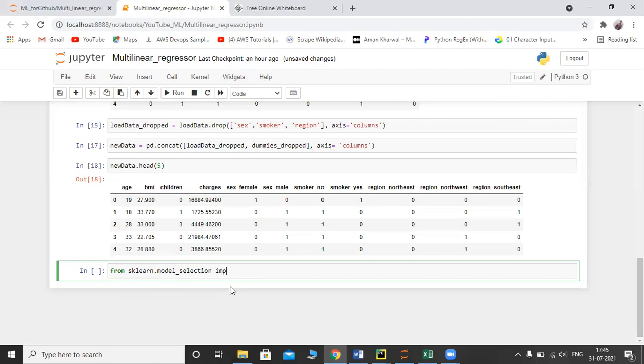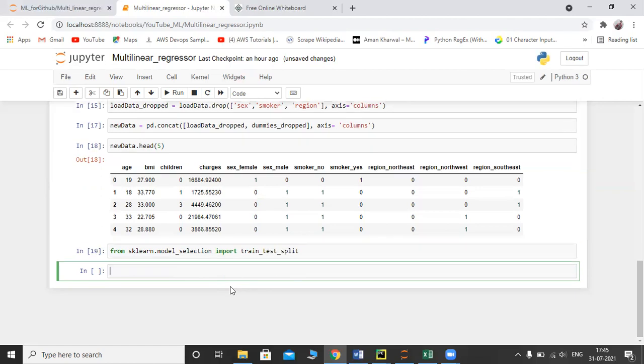Yeah, I want to put import here: import train_test_split. So what I am doing here is making my new data into two parts, one training data, one testing data.